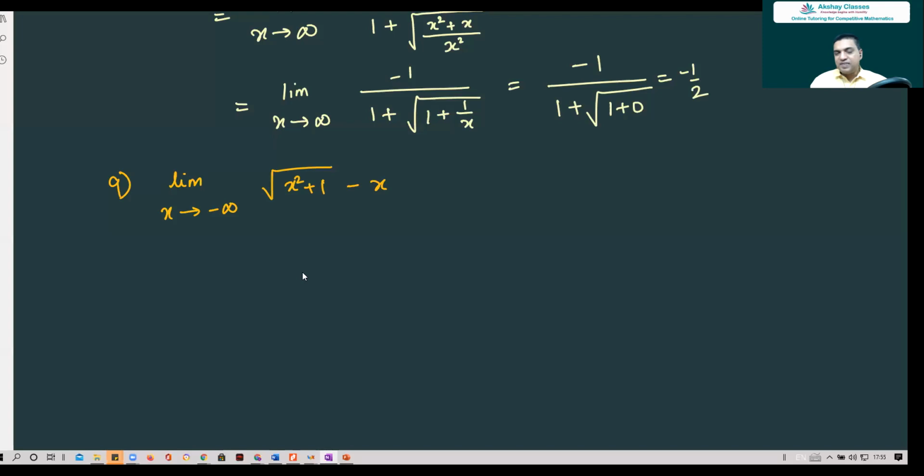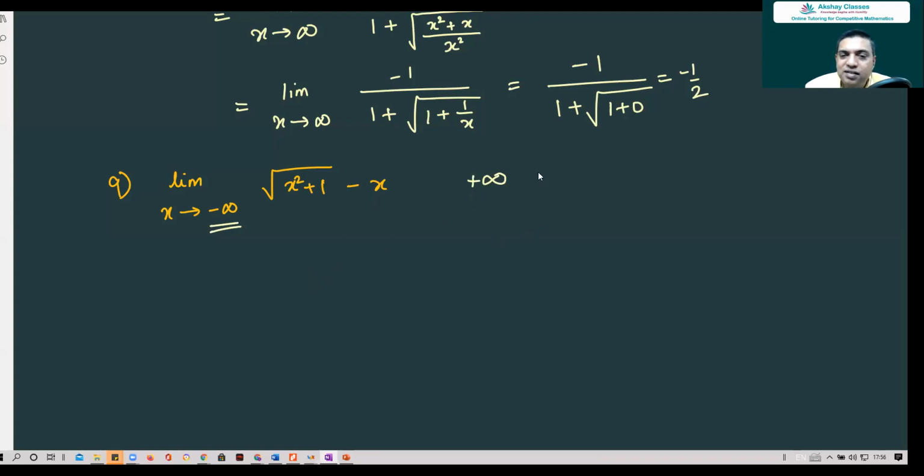All right. There's a trick here. Actually, this question has been tricked. Based on the previous question, you just applied the procedure blindly. The problem here is x is tending to minus infinity. When x is tending to minus infinity, x square will tend to plus infinity. So x square plus 1 goes to plus infinity, under root will go to plus infinity. No problem.